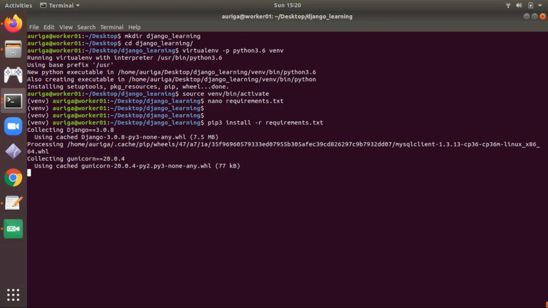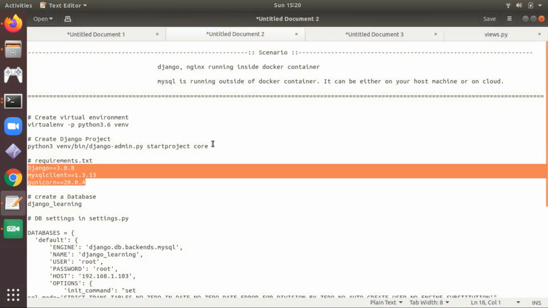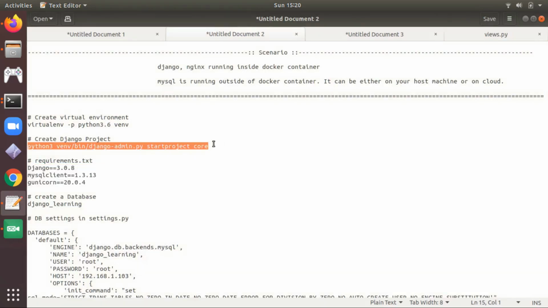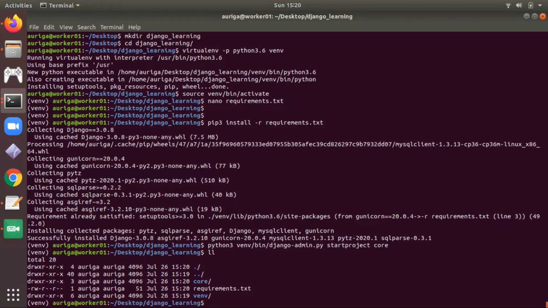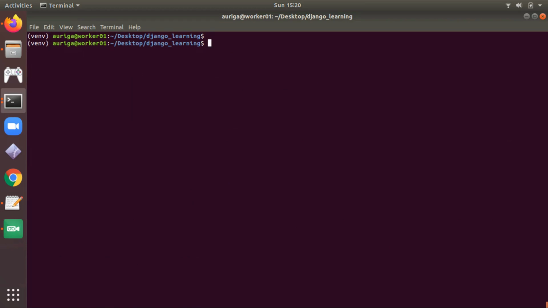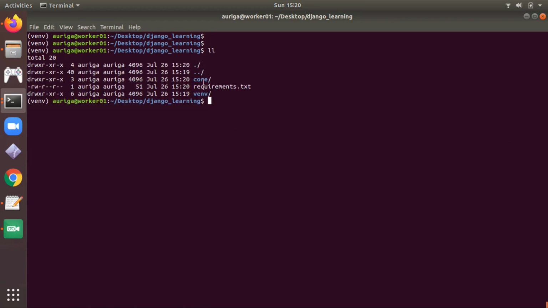Install your requirements. Now let's create a Django project. I am giving the project name as core. Here you can see the project is created. So this is our project directory.